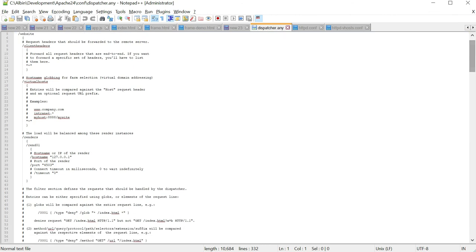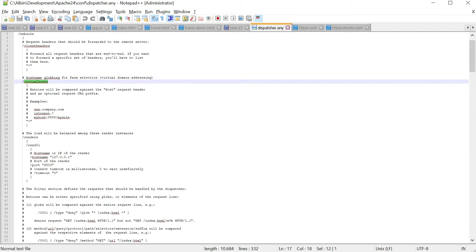If you see here, there are a lot of sections. One is the client headers section. Here you can say what kind of headers from the browser should be forwarded to the publisher. Star means all the headers will be sent, but you can whitelist whatever you want. Then virtual hosts means what URL or domain this farm file is going to handle.